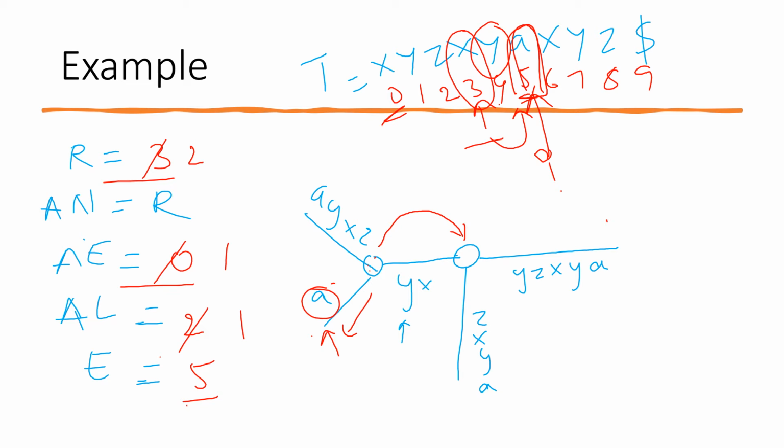Since the remainder is not equal to 0, it's still greater than 0, and active length is 1, we'll have to check how to proceed further. We'll have to check from the root, so active node is root. From the root, we go in terms of 1, active edge is 1, so in the direction of y, and active length 1. Here I'll have to check if there is an a after this y.